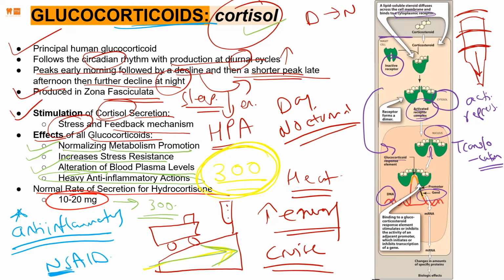This is called the glucocorticoid response element. Right? It responds. It goes and finds the glucocorticoid and sits on there. Then binding to this glucocorticosteroid response element, it either stimulates or inhibits the activity of an adjacent promoter, which initiates or inhibits the transcription portion of the genetic component. So translocation followed by transcription,